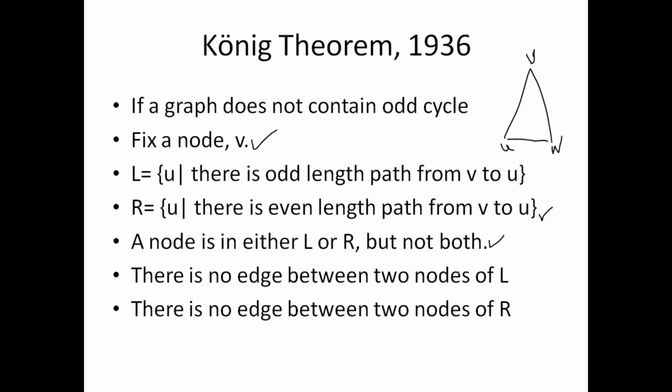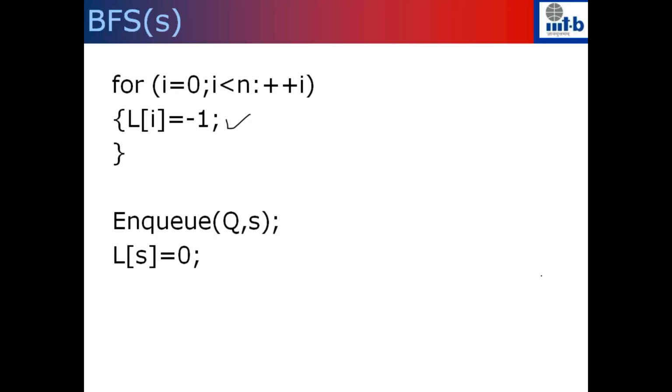So once I have this, then I have a partition for the set of vertices. I want to just know whether this is a valid partition. If I have to just know whether it's a valid partition, all that I need to check is whether all the edges that we have go from odd level to even level. So even if you come across one edge which goes within even to even or odd level to odd level, then the graph is not a bipartite graph. So it's easy to check.